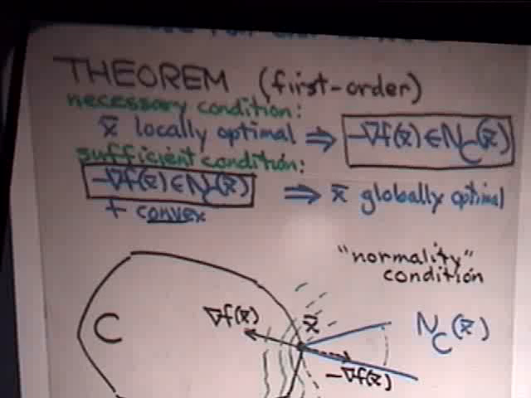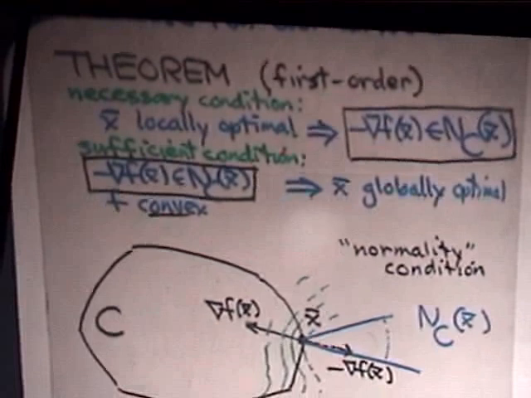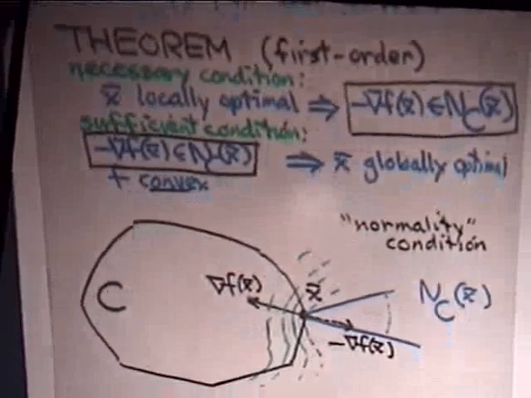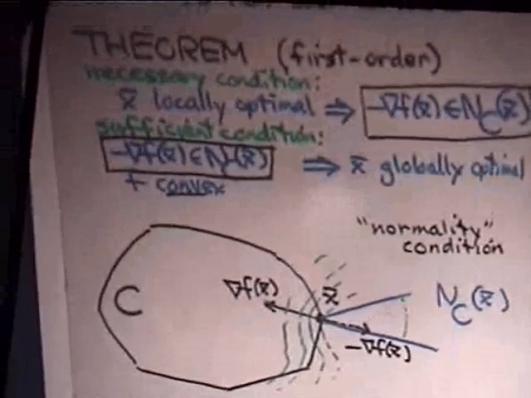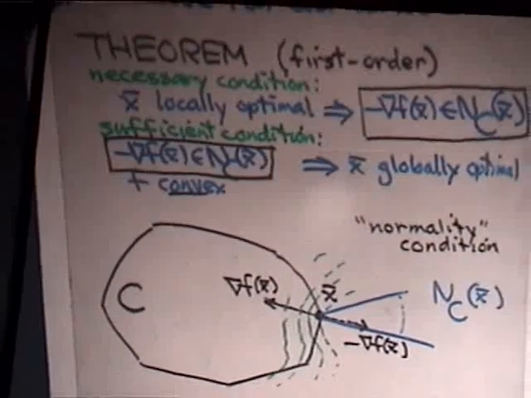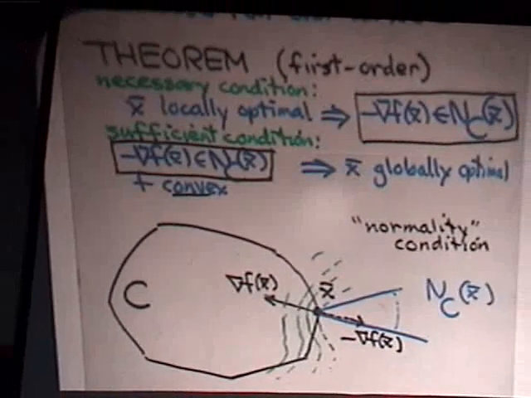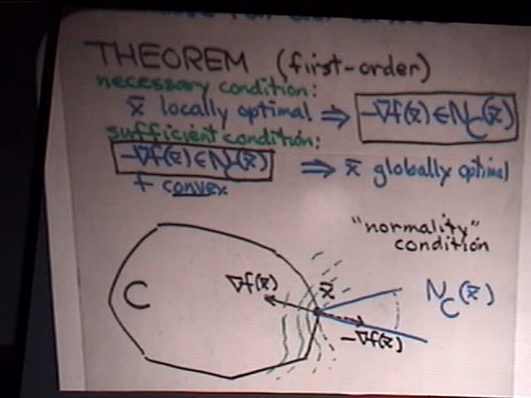the negative of the gradient should belong to the normal cone. And you can see this very easily. In this picture, the green lines represent the level surfaces or iso lines for this function. The gradient points in the direction of increase. The negative gradient points in the direction of decrease. And at a point giving the minimum, the negative direction here has to be in the normal cone to the set at that point.